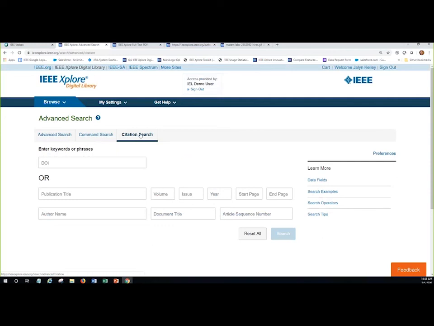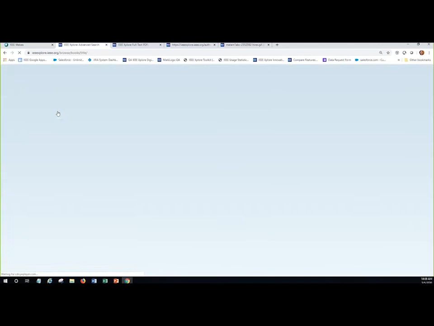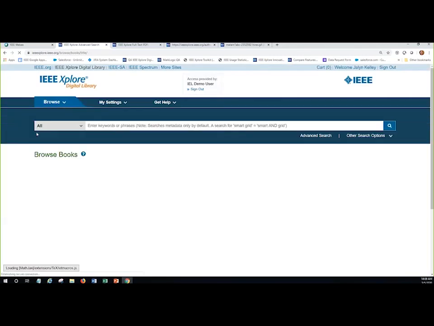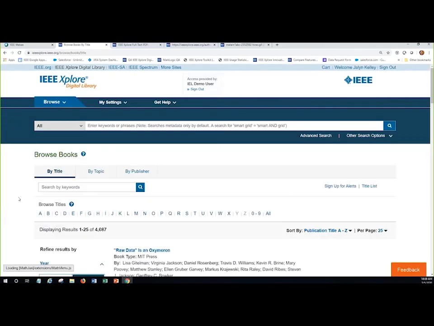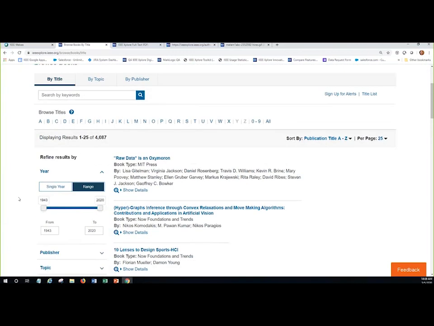All right, so those are the different search options in Xplore. I'm going to move on now to browsing, and then we'll go into the Q&A session. So there is a prominent Browse drop-down menu on every page in Xplore. It's organized by type of content. So if we go to the books, as I mentioned earlier, we do have 6 different ebooks collections within Xplore.